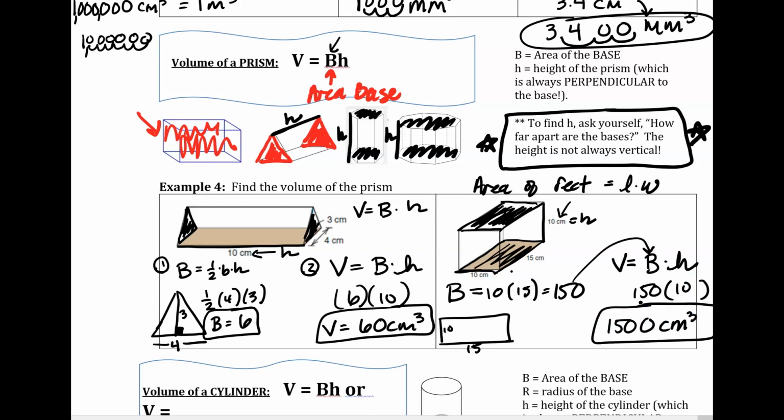So let's talk about what this means. I want you to just visualize this. It'd be easier if we were in class and I could show you with my hands, but why are we taking the area of the base times the height? Imagine this triangular prism. If you find the area of this triangle and multiply it by 10, it's like taking this triangle and adding it up many, many times until it fills up this whole figure. Or like this